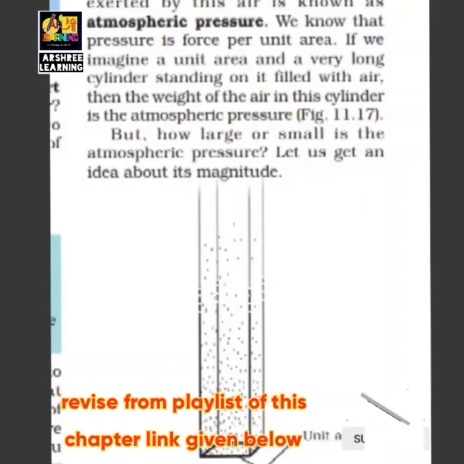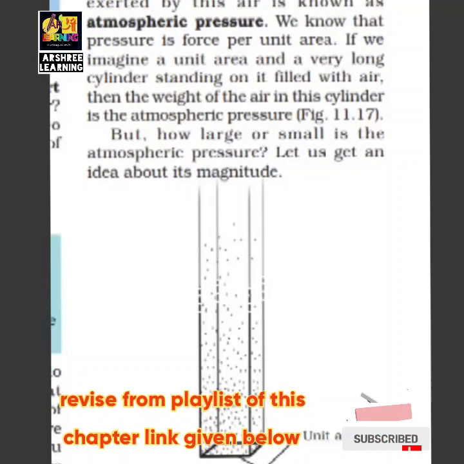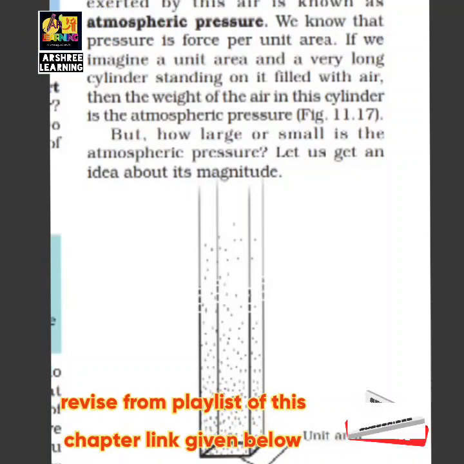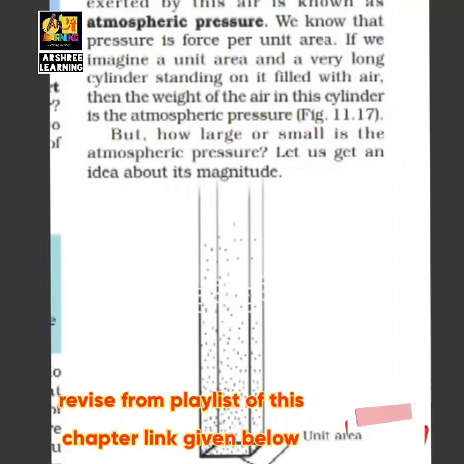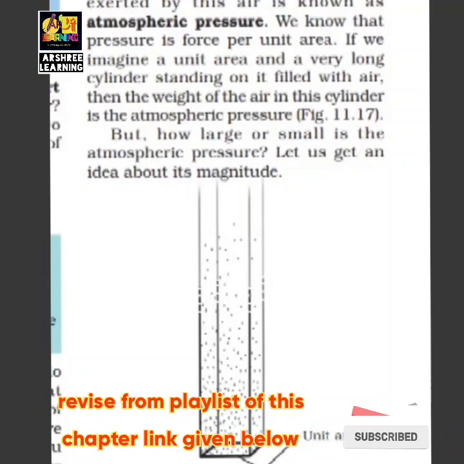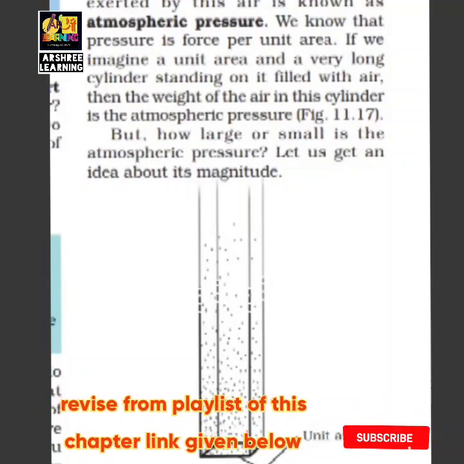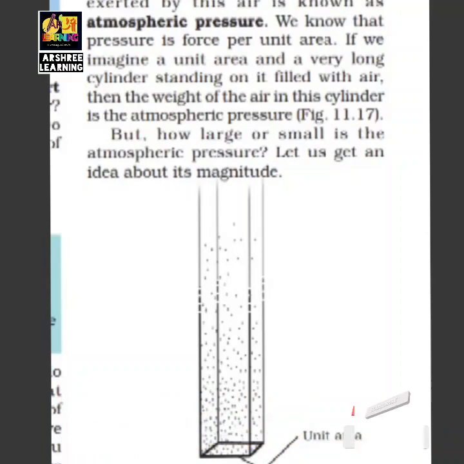We cannot see this pressure. If you take an empty tube, we will say it is hollow, but there is air inside it. So if we imagine how much the air pressure is in a tube which is hollow, we find that it is a huge amount of pressure. So this pressure exerted is called atmospheric pressure. How large and how small is the atmospheric pressure? Let us